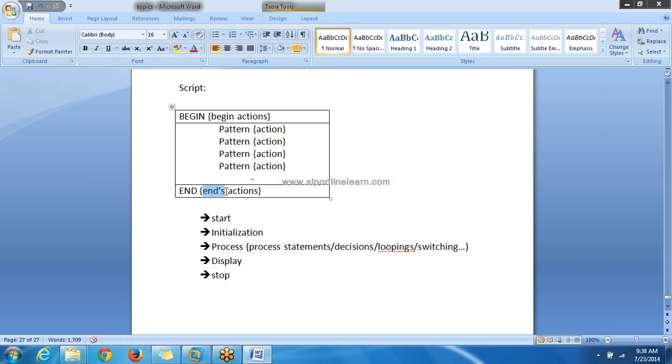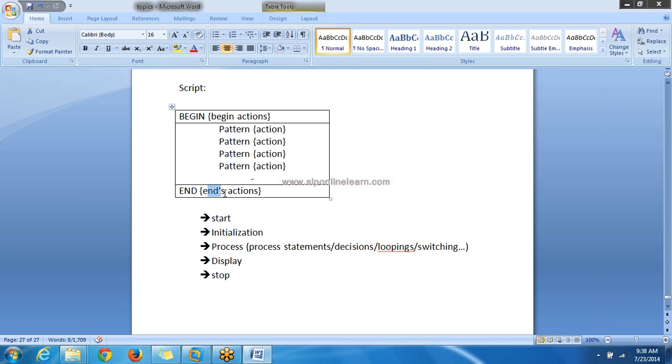Here you can print some results, or close some files, or do some end actions. Suppose it is related to a database, you can open the database in BEGIN and close the database here, right? After completing the process, you can close it.